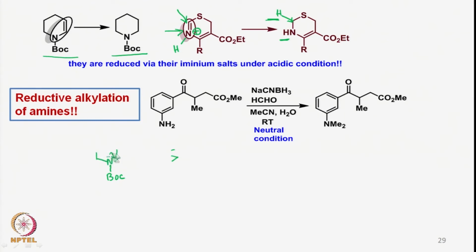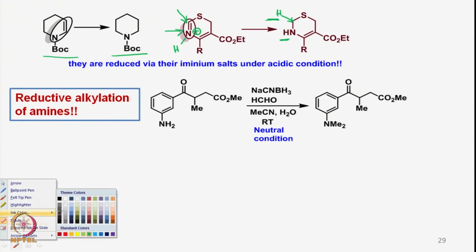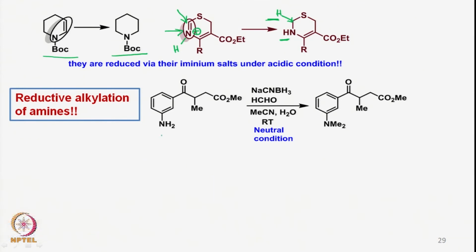So, let me remove this particular part which we discussed just now and look at it here. If we take this particular molecule and react it with formaldehyde and of course sodium cyanoborohydride, under these conditions